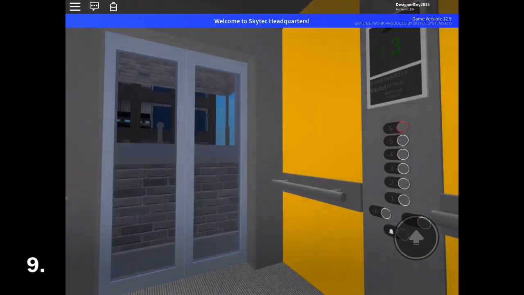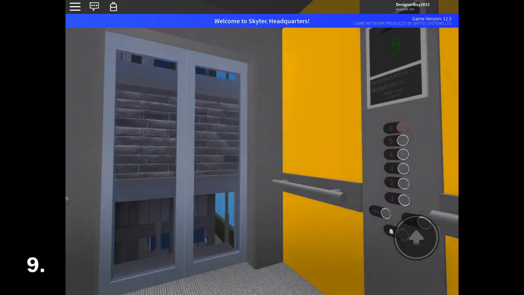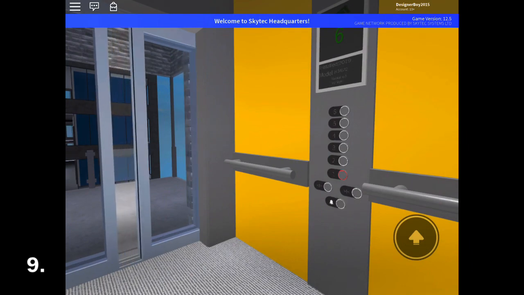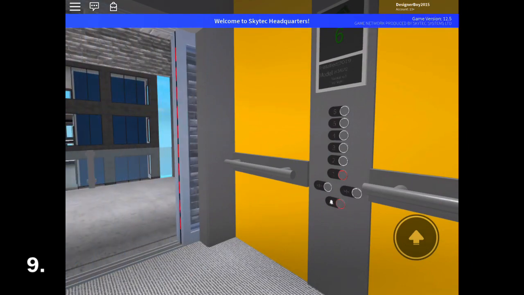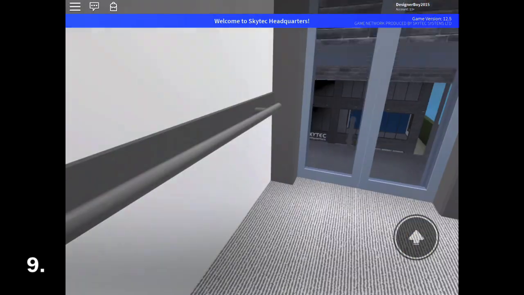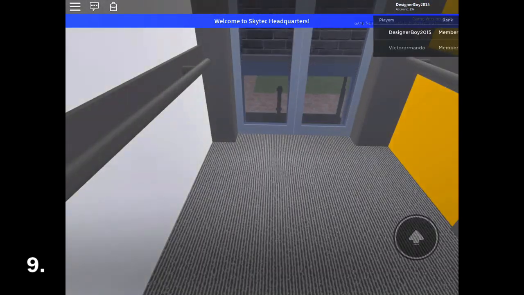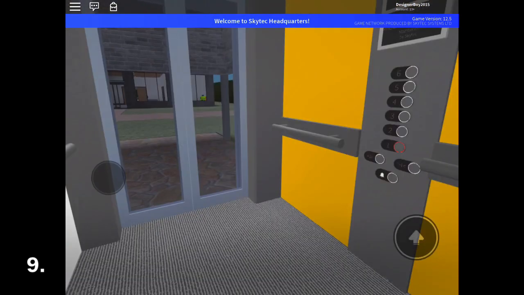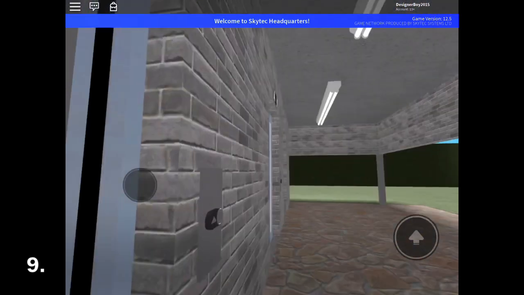Now, if this game did not have Dewhurst, I would put it high on my list, but sadly it does. Doors closing. Lift going down. There was also an old Skytech as well, which was a lot smaller. The building was a lot smaller. It was in like a 3-story building. But this bigger version is a bit better, but I'm still a bit disappointed that I have to